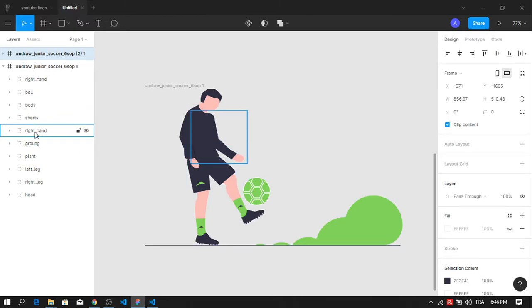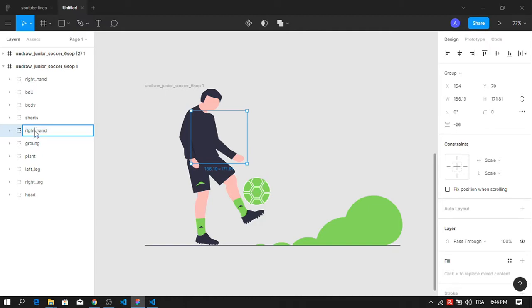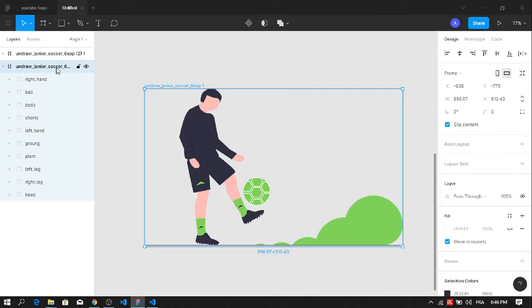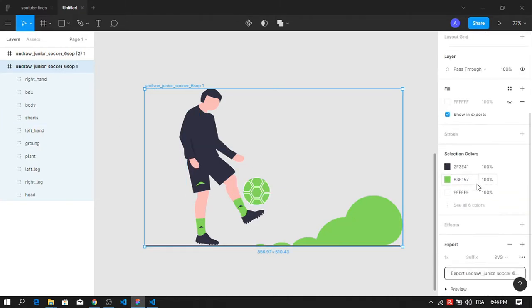Why do I have right hand and right hand? Now this should be left. This is the ground, this is the plant, this is the left leg, this is the right leg, and this is the head. Right hand, left hand. Good, perfect. Now let's select this, and you want to go over here